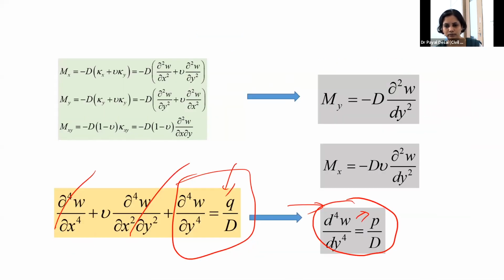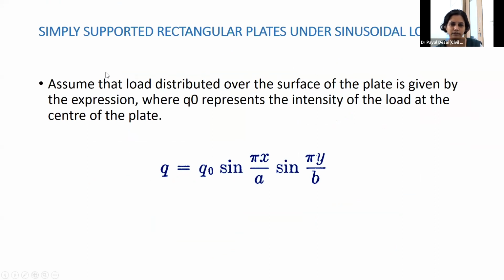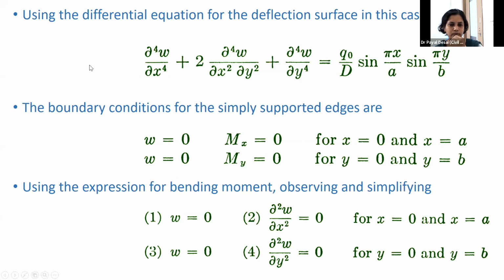So this is how plates are analyzed. Now another problem, a rectangular plate, which I will quickly go through. You see the sinusoidal loading distribution again, and you use the fourth order differential equation with the boundary conditions. These are the boundary conditions: a simply supported plate at all edges, so you get moment 0 and deflection 0 at both edges, x equal to 0 and a, y equal to 0 and b. And then this is our fourth order differential equation.